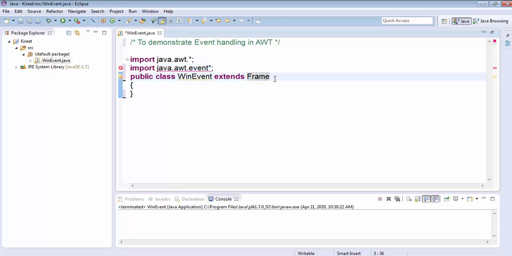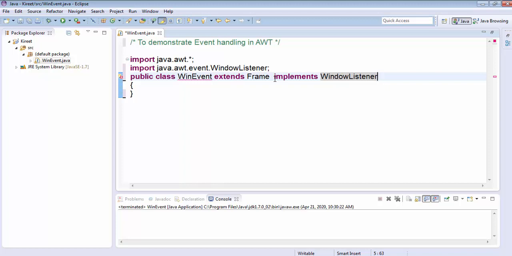If we are working on the window event, because we are focusing on the window and closing it, we have to include in our program some listeners so that they can listen to the event that has been generated. There is a listener known as WindowListener. We'll implement this interface: extends Frame implements WindowListener. This WindowListener is an interface that contains some abstract methods,